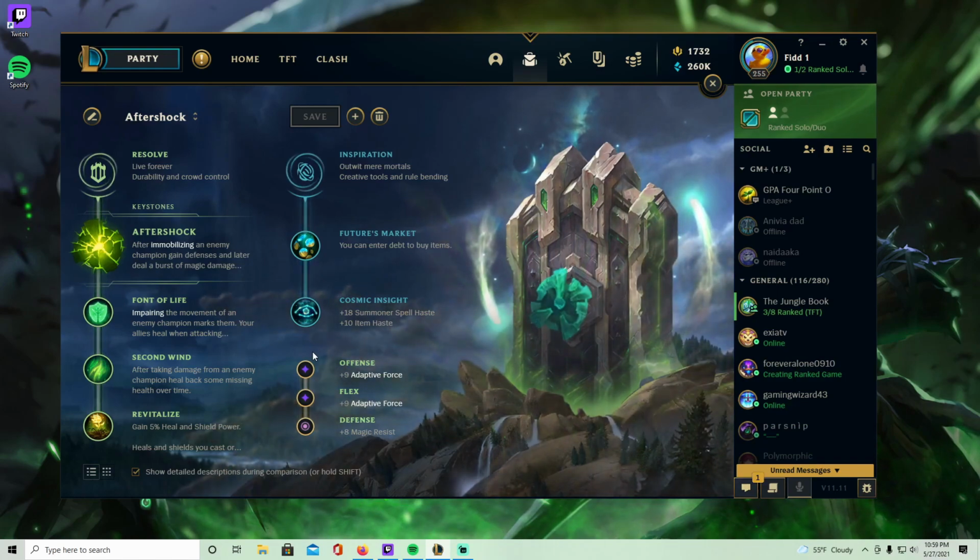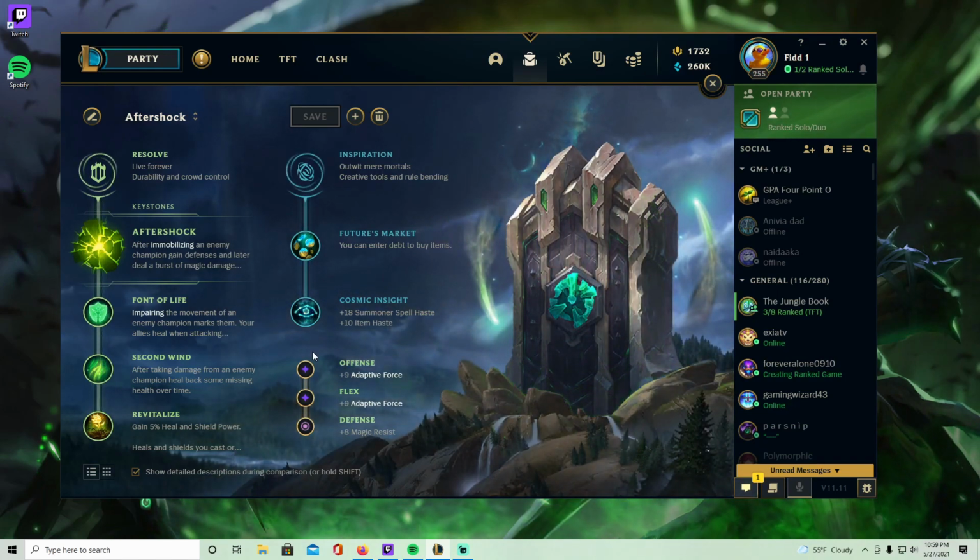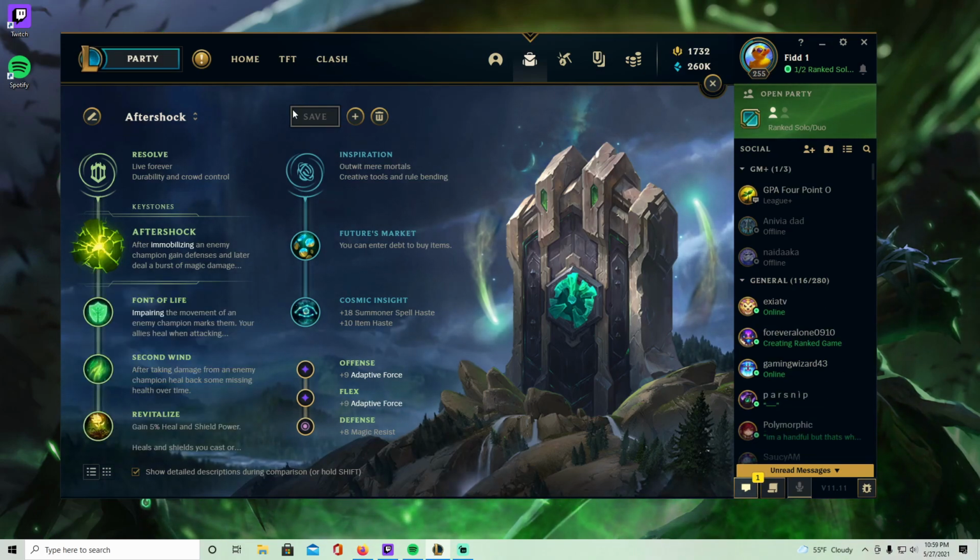And so the Aftershock one is also an interesting one. So I was doing this at the start of the season, and you can go Aftershock if you aren't building Zhonya's. So you'll want to do this with a Bruiser build. I can pull up some items that you'd want to do, but